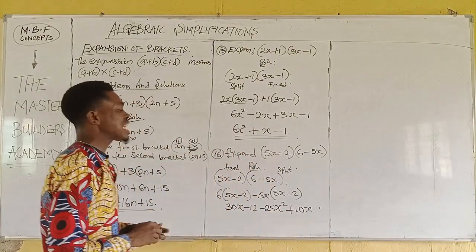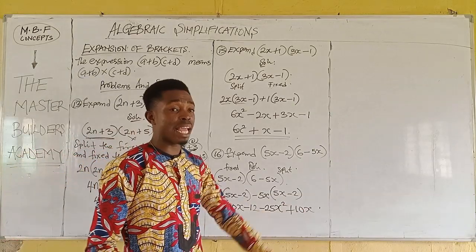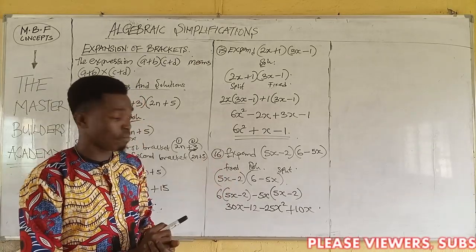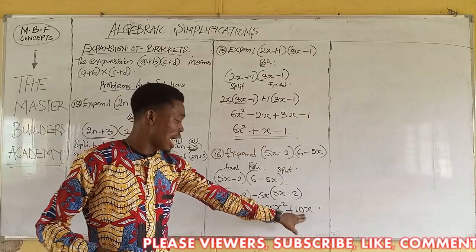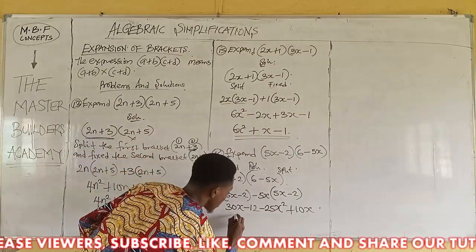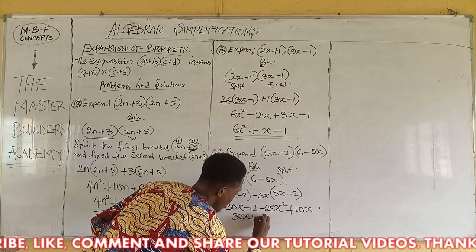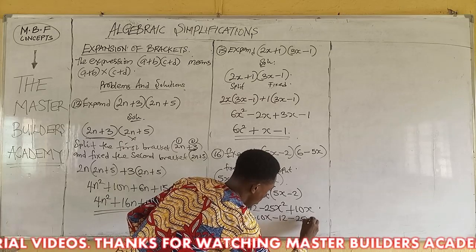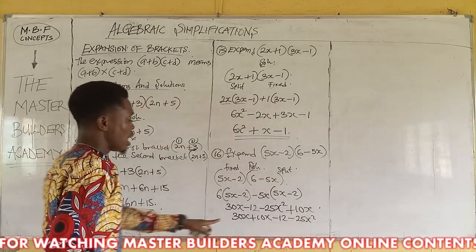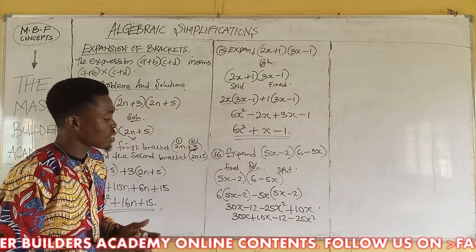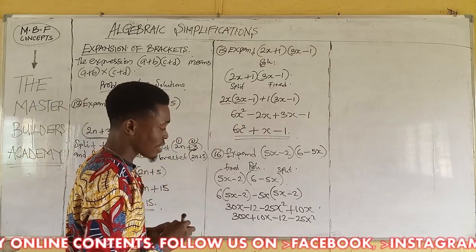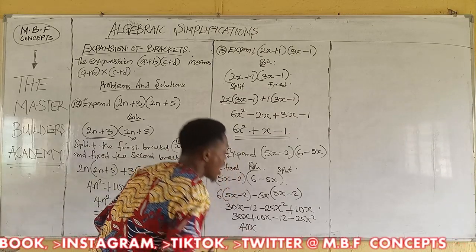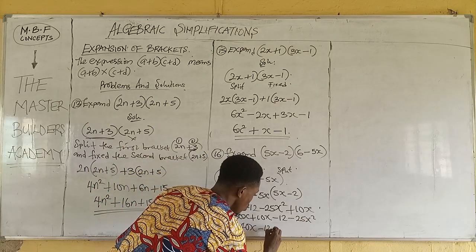And minus 5x times minus 2, guys, we have plus 10x. So looking at this question, the first term here and the last term here, they have something in common. That means I can simply add them up together. It's as simple as that. I can add this guy and this guy together. So this will have given us 30x plus 10x minus 12 minus 25x squared. So guys, what do we do? 30x plus 10x would have given us 40x. And now minus 12 minus